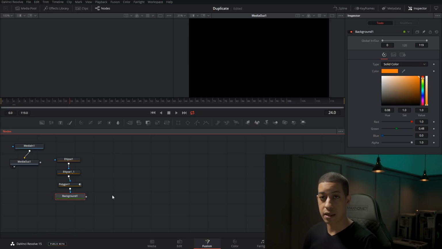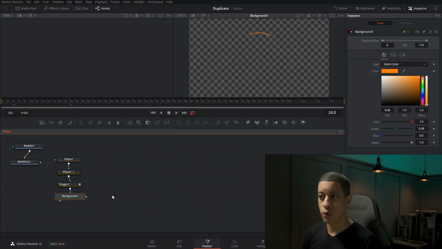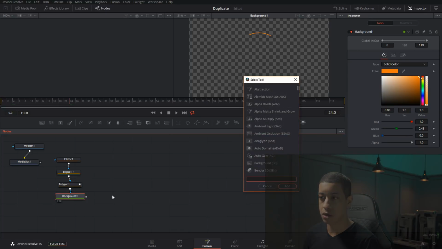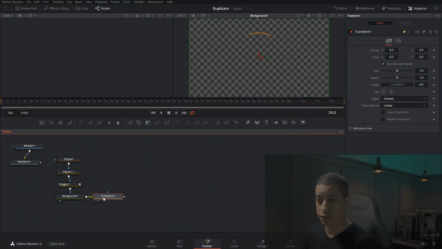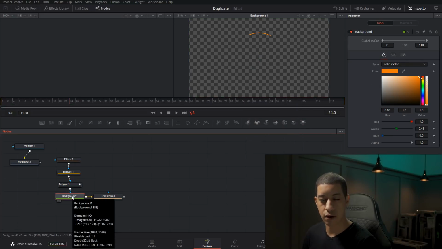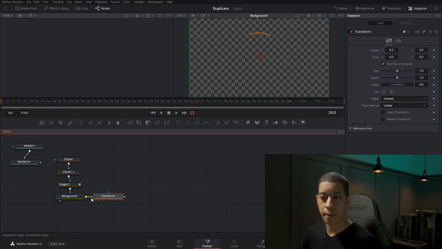So how I'm going to add the bounce is with a transform node. I'm going to hit Shift Spacebar to bring up my search for tools, and then just type in transform and bring up my transform node. Because I was clicked on background and did that action, it automatically popped this in with the connection already. If I was just to click here and type transform, it's just going to pop it up. All we really have to do is connect the out of the background into the in for the